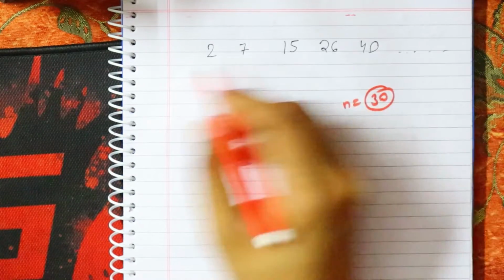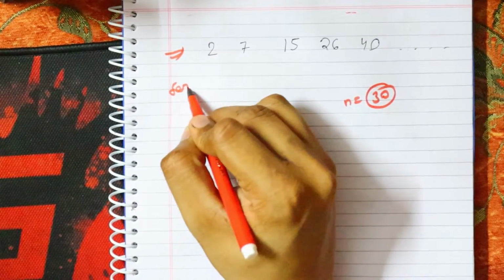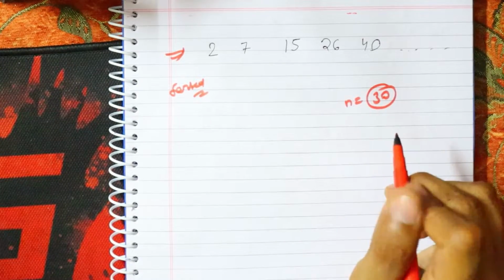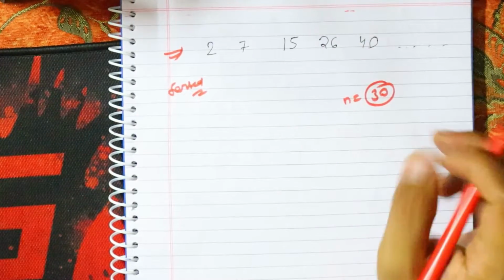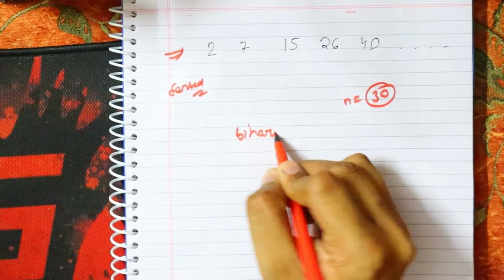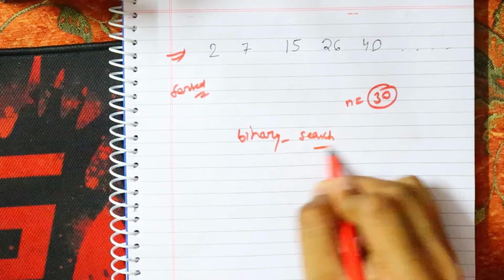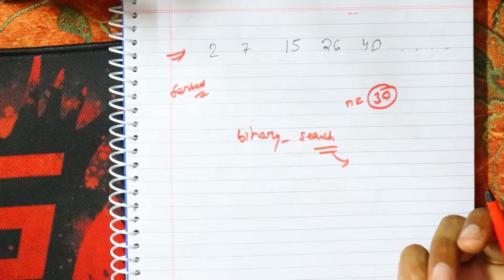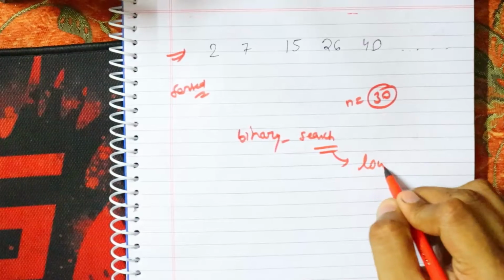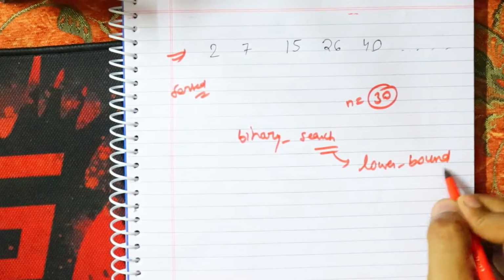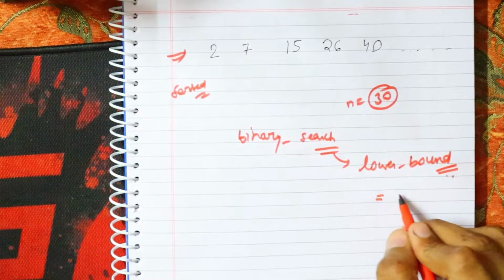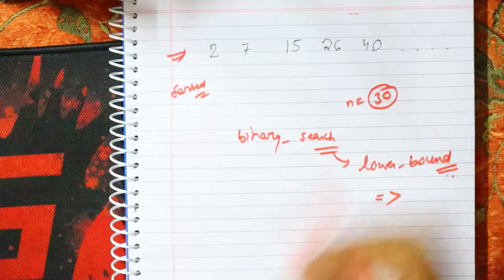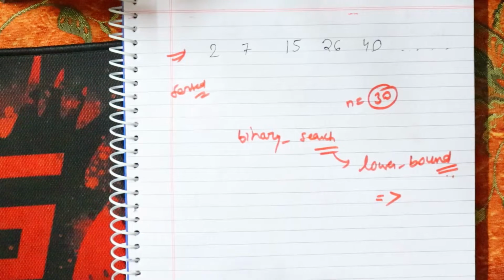So as you know that the list is sorted, and I need to search this number or a number smaller than this in this sorted list. So I will use binary search, or to say it more clearly, I will use my lower bound function. But actually what lower bound gives us is the element which is equal to or greater than the required element. But what I want is equal to or less than the required element.